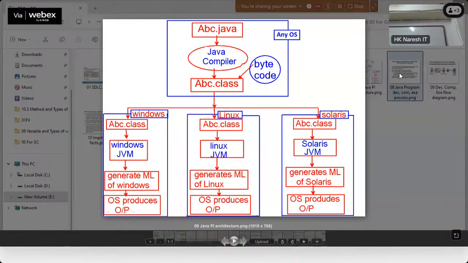Next point. JVM. The JVM stands for Java Virtual Machine, it is a Java platform responsible for running Java bytecode